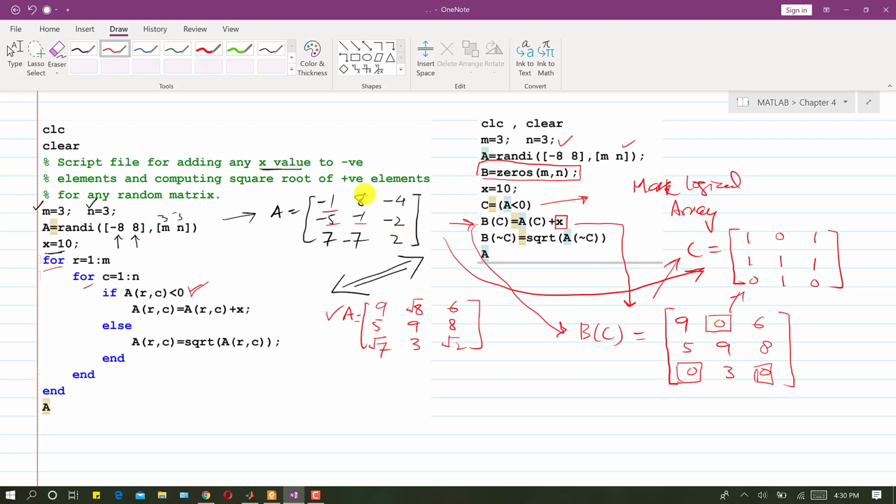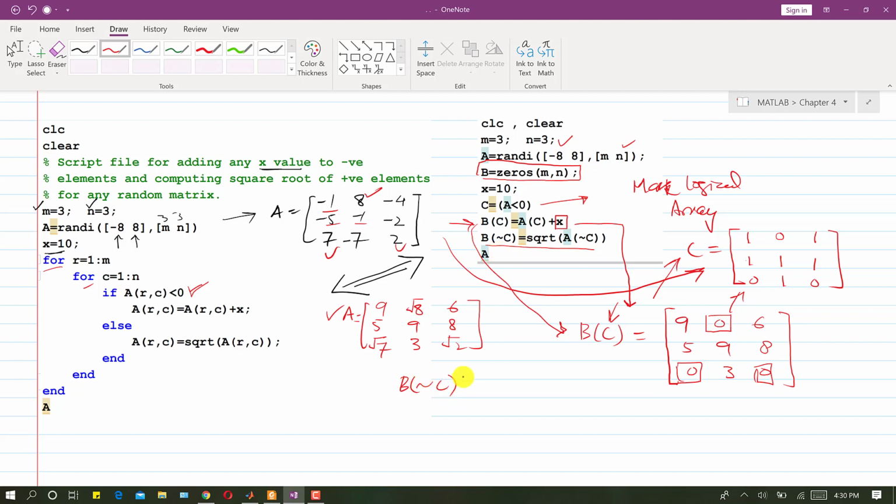Here in this array we have 8, 7 and 2, the positive numbers, and wherever there are negative numbers, we created this mask, gave the C matrix as an address, and the x number was added to them, right? So we got this.